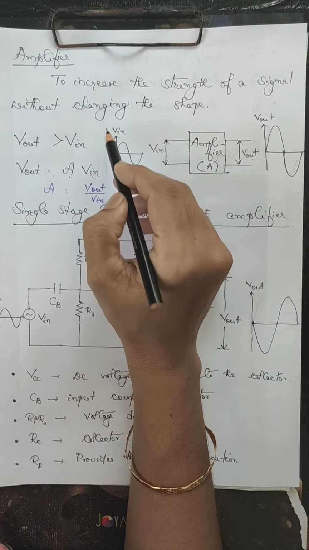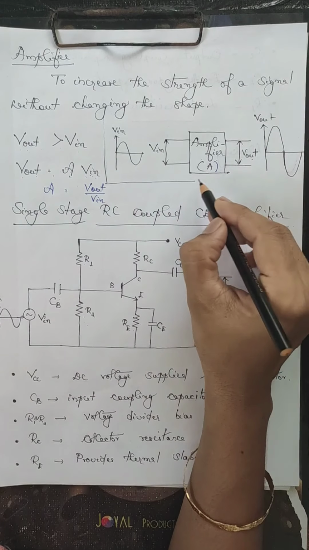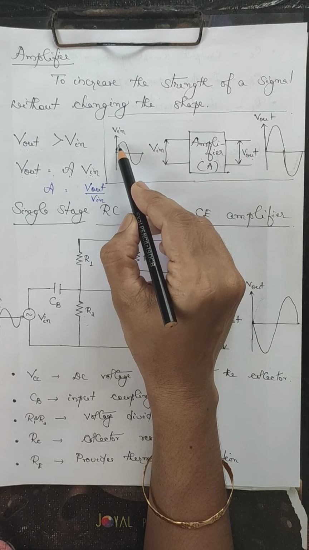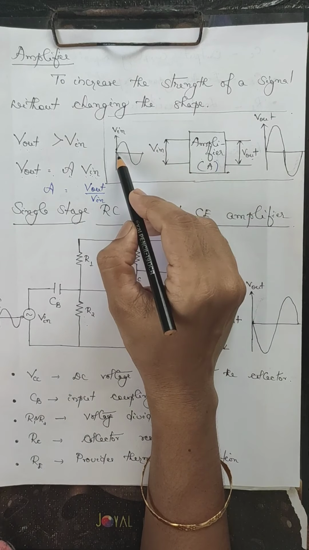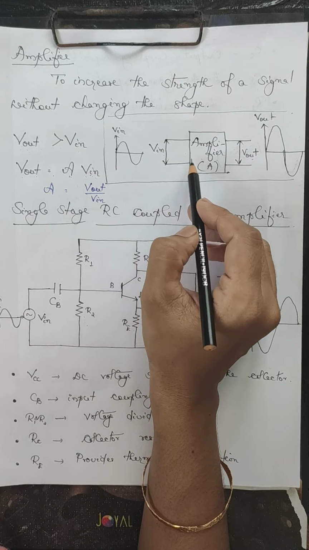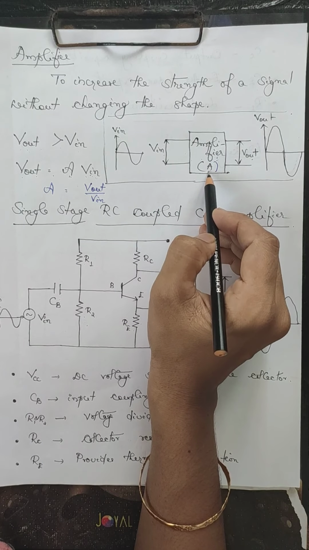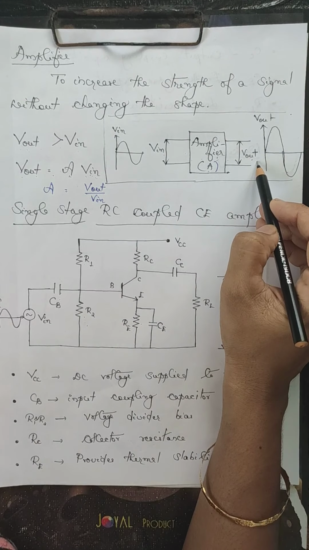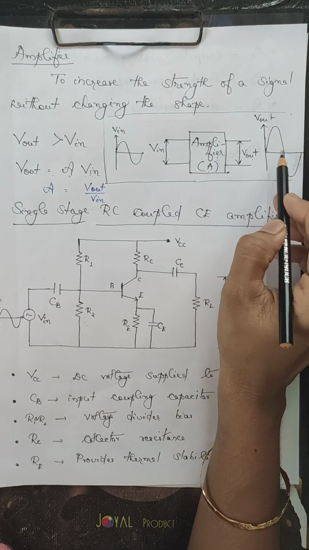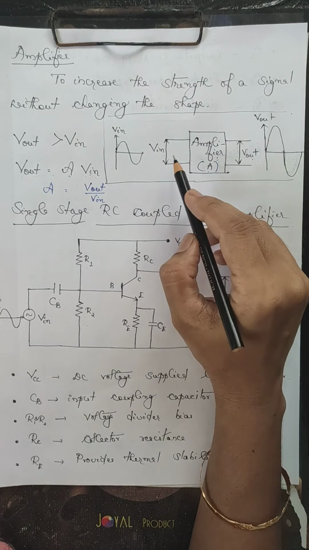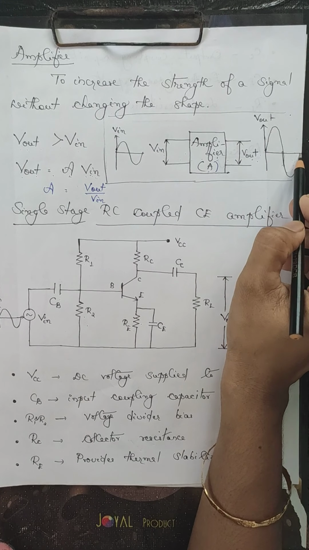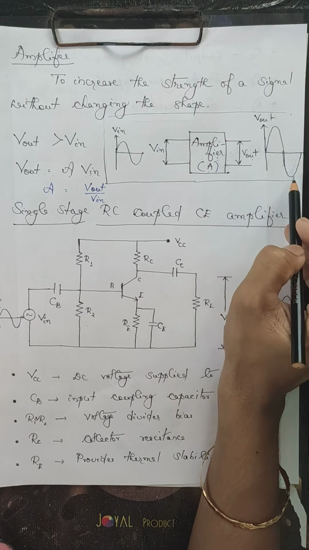So this is the basic schematic diagram or basic block diagram of a voltage amplifier. So this is the input voltage fed to the amplifier. A sinusoidal voltage is supplied across the input terminals of the amplifier having a gain A, and at the output we'll get another voltage having the same shape as that of the input voltage but an increased magnitude. So this is the function of an amplifier. It increases the magnitude of the signal given at its input without changing the characteristics or shape.